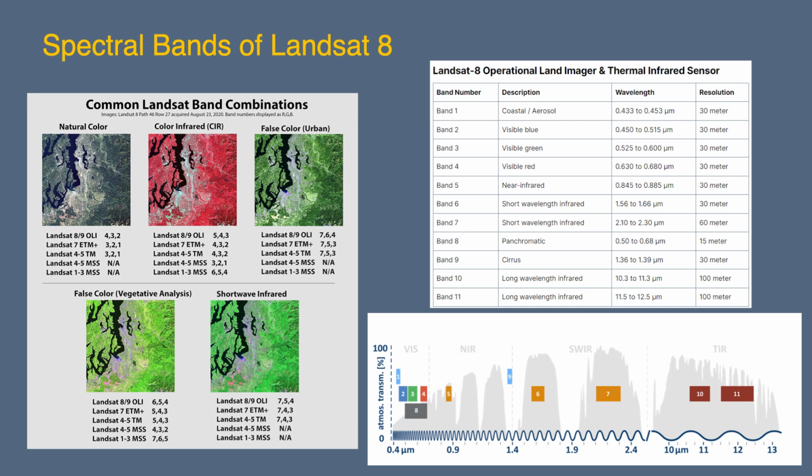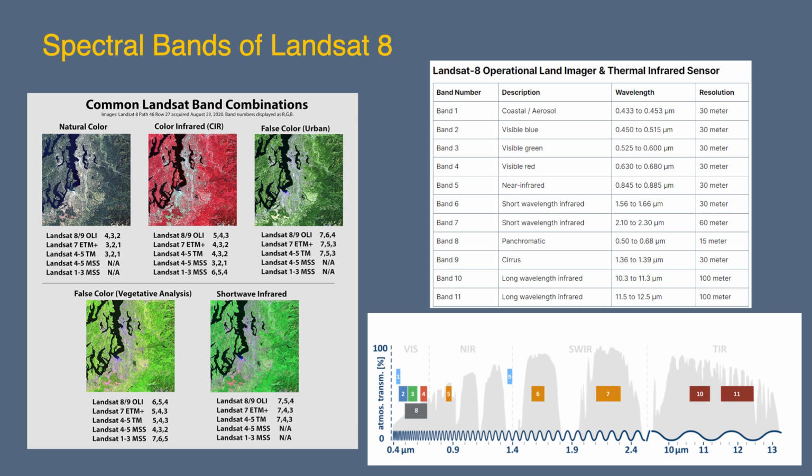A band is a range of wavelengths in which the satellite can capture electromagnetic radiation. Different bands allow for the analysis of unique aspects of the Earth's surface, as different materials reflect and emit light differently. For example, the blue band, band 2, is used for analyzing water bodies and vegetation, and helps identify various types of land cover. Green band, band 3, assesses plant health and density, important for monitoring ecosystems.